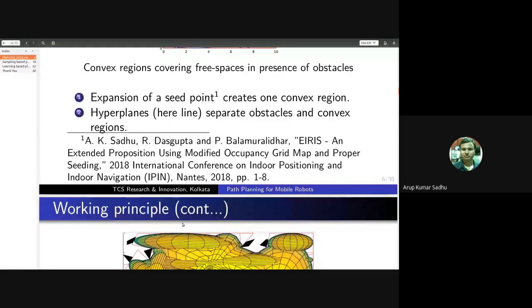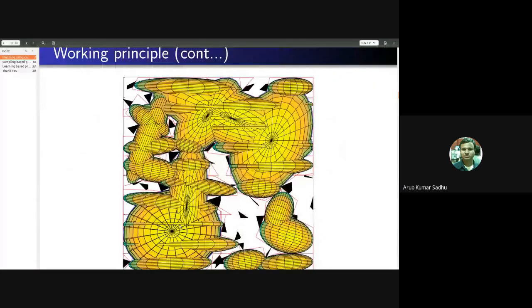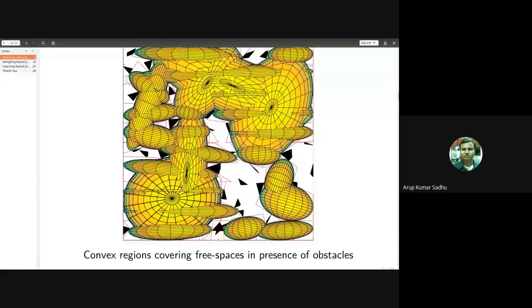Next, this is another pictorial illustration. Here you can see that there are so many obstacles, cluttered here and there, but the free space is contiguous, it is connected, so you can plan from any point to another point. Why is this contiguity required? Because if the free spaces are not connected, we cannot plan smoothly.